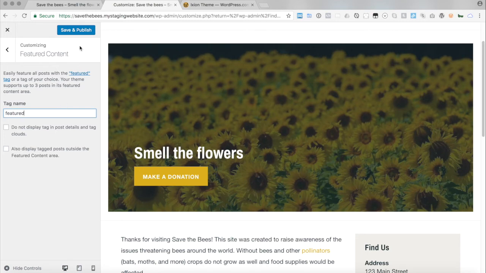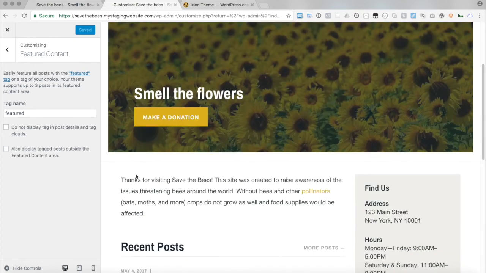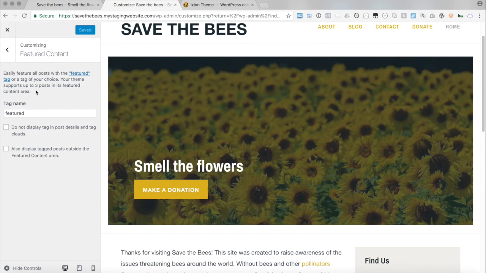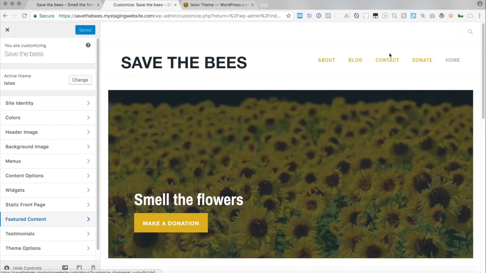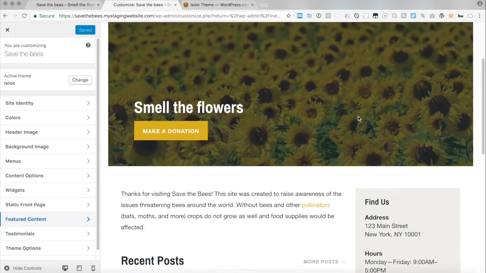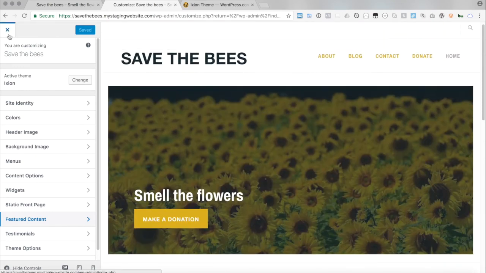And in the case of Ixion, it'll work with either posts or pages that contain this tag. So if you give a post or a page a tag of featured, it'll show the 3 latest ones in the featured area. So now that we've set that tag, let's go ahead and make some pages. Let's tag our about page, our contact page, and our donate page so that they will show up in this featured area. So I'm going to exit the customizer,